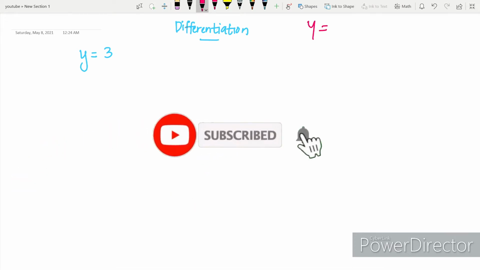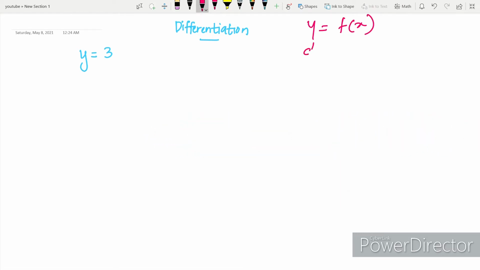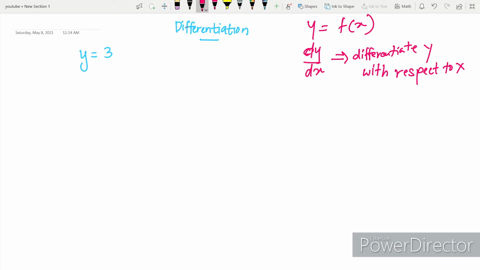Okay, before that, differentiation. If you have y equals some function, you denote differentiation as dy over dx, and this means differentiate y with respect to x. Okay, so now I have y equals 3, and 3 is a constant, and I want you to differentiate